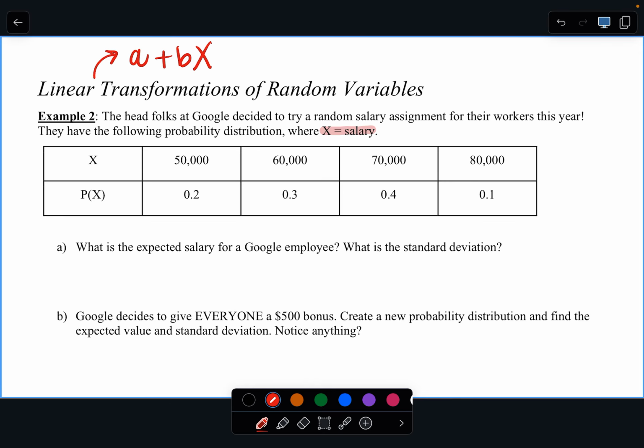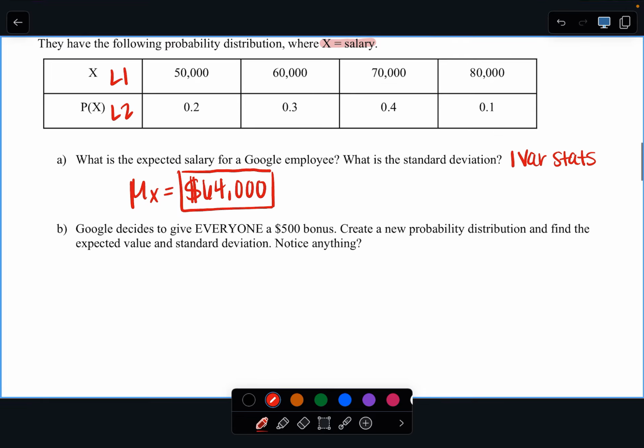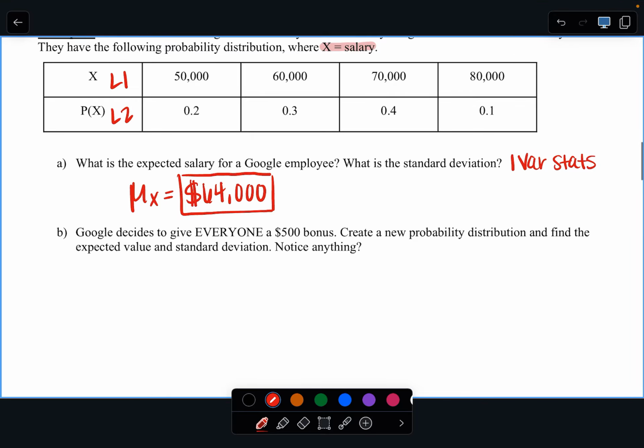This is me. I would go straight to my calculator. I would do 1-Var Stats. So that would mean putting X in L1, P of X in L2, and these are the exact same steps I did before, but just to save time, when I did that, I got mu of X is 64,000. Anytime you're reporting a mean or a standard deviation, you do need to have units. So since this is money, I'm going to make it a dollar sign. And then for my standard deviation, I have